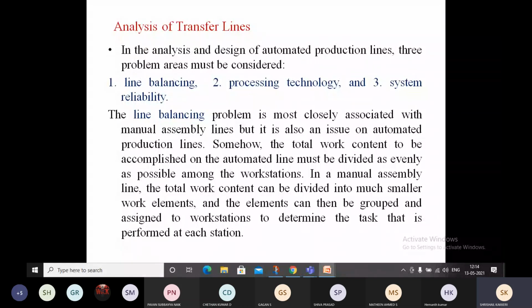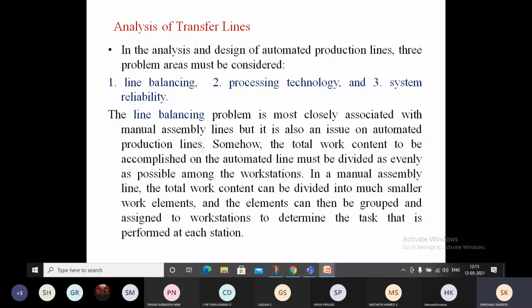The processing technology will also help you for the transfer lines. Very simply, in sheet metal operations, there are hardened steel sheets, CRCS steel (cold rolled carbon steel sheets), galvanized sheets and stainless steel sheets. All these have different microstructures, and their capability of deformation will be different. What kind of operations we can do on the machine has to be understood by the person or engineer using it. These are all the basic requirements, called processing technology.